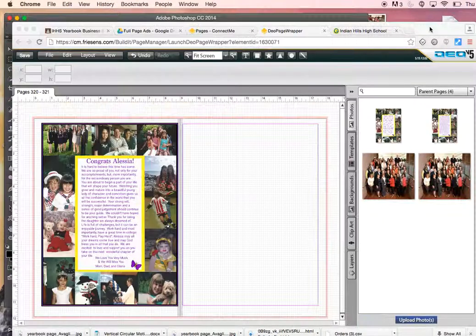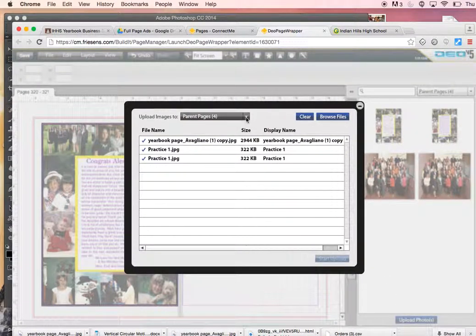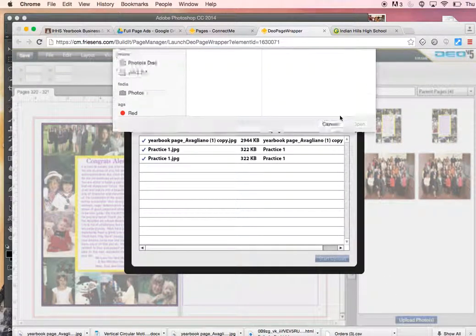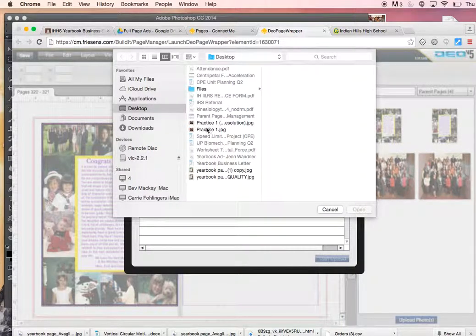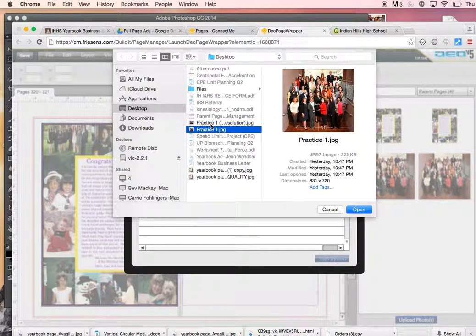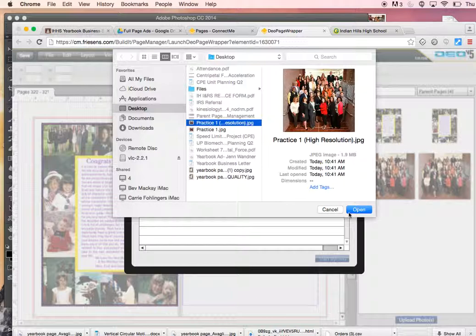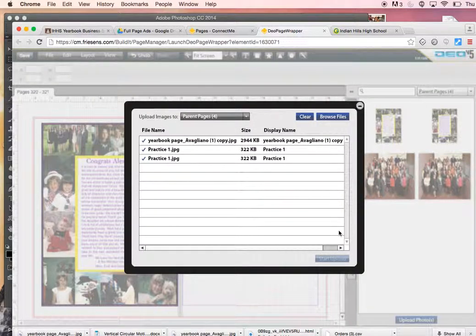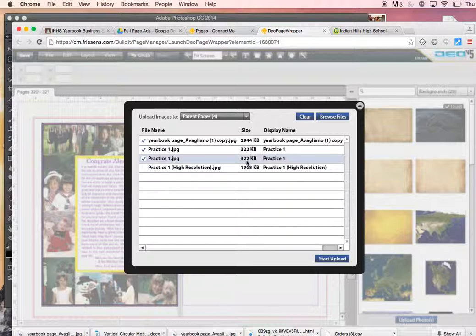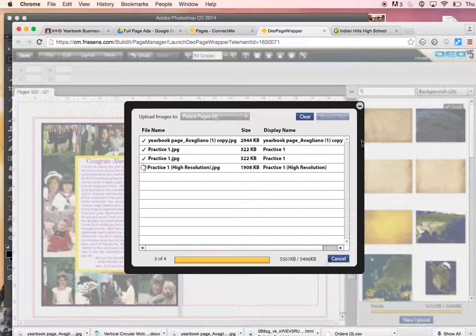Now if I go back to the yearbook software, I'm going to go to Upload Photos. I still want to make sure it's the parent page file. I'll browse files. In this case, this file here was the one that was too small. So what I'm going to do is take the high resolution one and hit open. And you can immediately see that it's a much larger file size, so I should be better off here. So I'll start the upload,